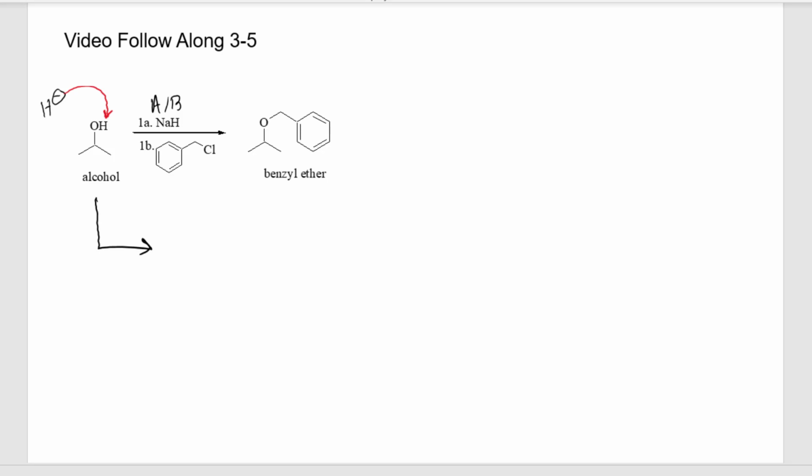Typically, acid-base chemistry is an equilibrium, right? But understand that when you remove the H from an alcohol using NaH, the H- grabs an H, you form hydrogen gas, which bubbles away out of your system. And once it bubbles out of your solution, it can't reverse back. So this is a nice way to effectively transfer all of your alcohol into your deprotonated O-. Once done, we're simply going to perform an SN2